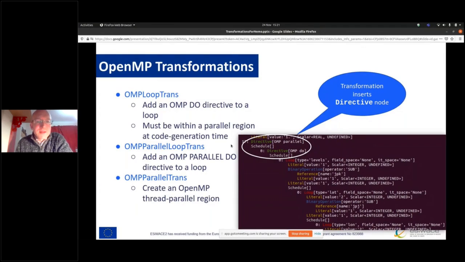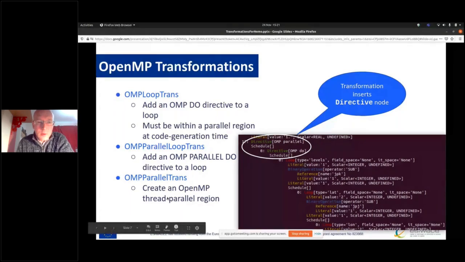OpenMP parallel loop trans, on the other hand, effectively is a combination of those 2 things for a single loop. So it says start a parallel region and make this loop parallel. And we'll do a bit of that because that's a very easy way of getting OpenMP into a code. And then the final one is OpenMP parallel trans, which just creates an OpenMP thread parallel region, but doesn't say how you want to share work between threads. That requires a subsequent